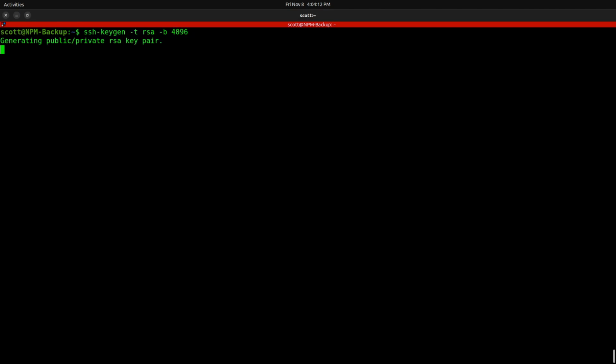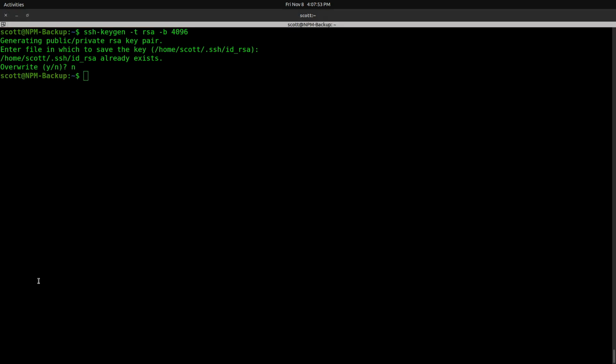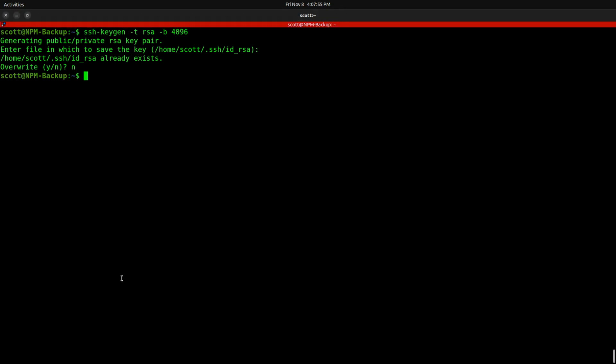Back on our NPM backup container, we want to go ahead and install an SSH key set with ssh-keygen, as you see here, and it will generate a key pair. In this particular case, I already have a key pair here, so I'm going to say no because I created it earlier. At this point, I'm going to log off of my NPM backup container with an exit command,